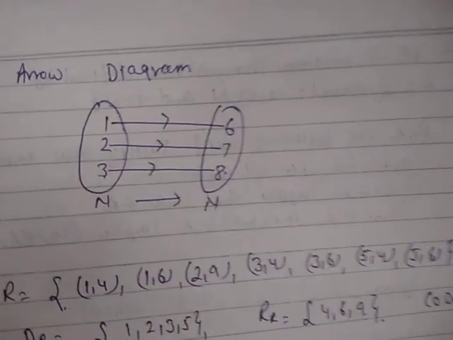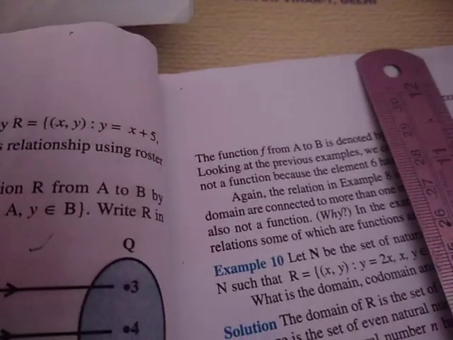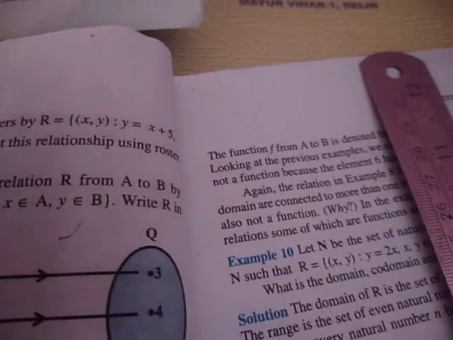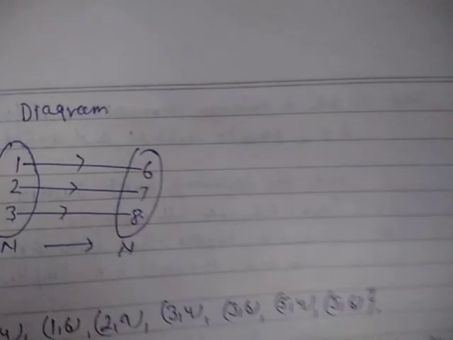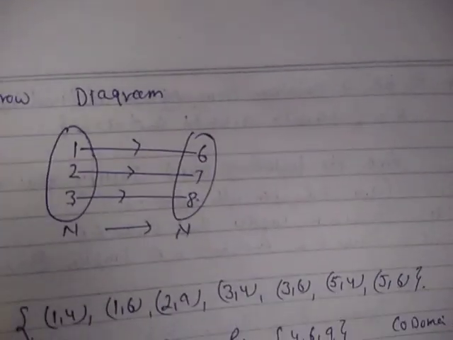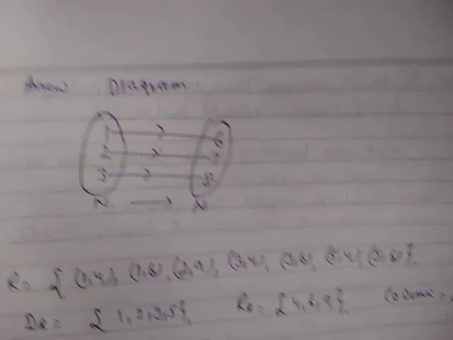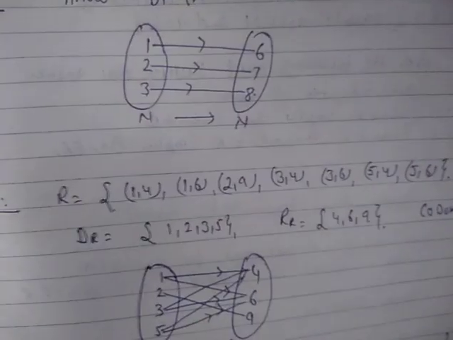Now I have explained here with an arrow diagram. Since x is less than 4, it should be 1, 2, 3. And the relation given here, y equals x plus 5: if x is 1 then y will be 6, x is 2 y will be 7, x is 3 y will be 8. That means definitely (1, 6), (2, 7), (3, 8). You can do it by yourself in roster form. The ordered pairs will be (1, 6), (2, 7), (3, 8). The domain of this relation is {1, 2, 3}, range is {6, 7, 8}, and codomain is natural numbers.